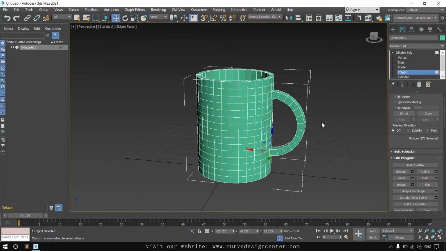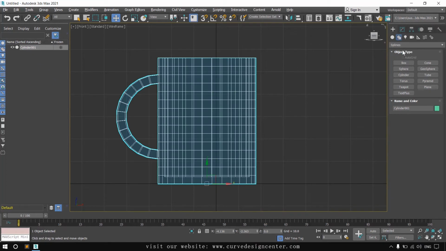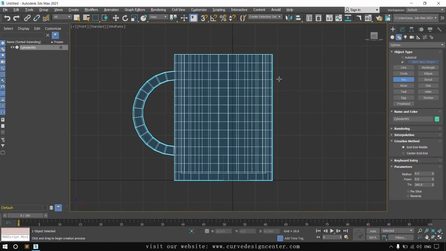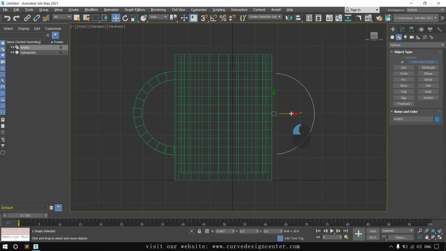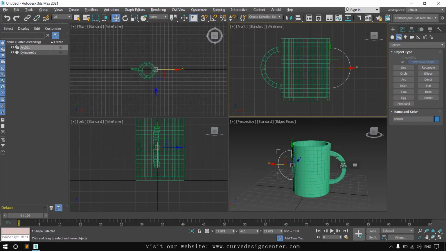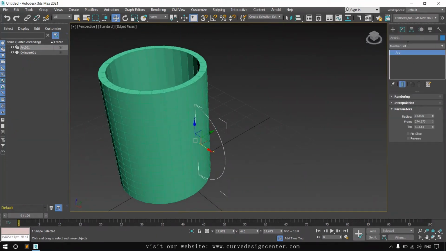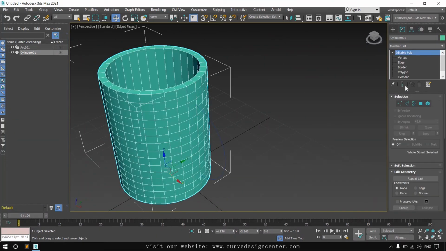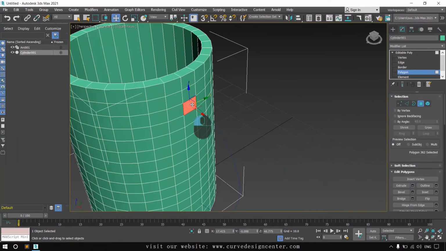You can also create this handle by using extrude along a spline. So first we create a spline. I create this spline from the front viewport by using arc tool like this, and then place this nearby cup. Okay, it's good. Now select the polygon, and the facing polygon is this,